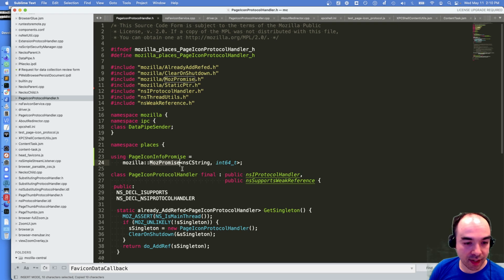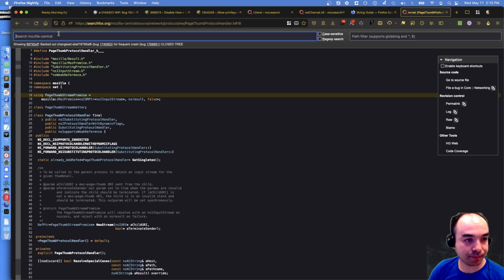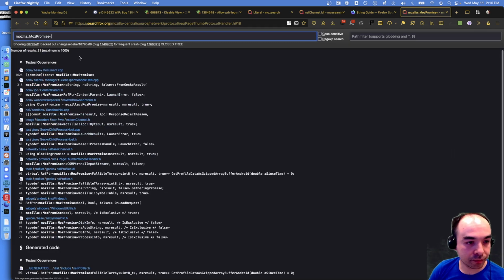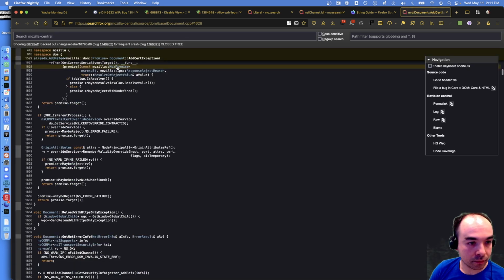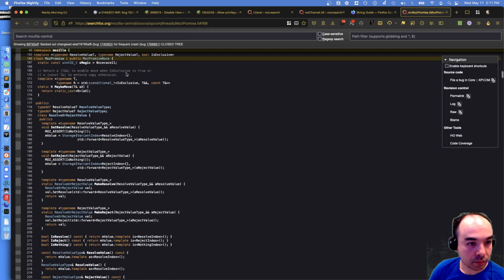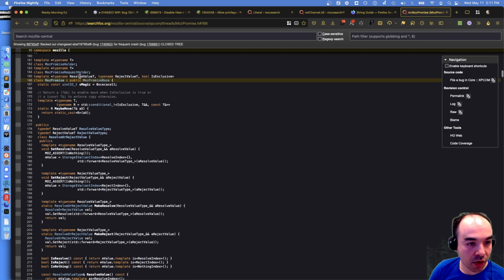MozPromise. What is the template structure for a MozPromise? MozPromise: resolve value, reject value, is exclusive.